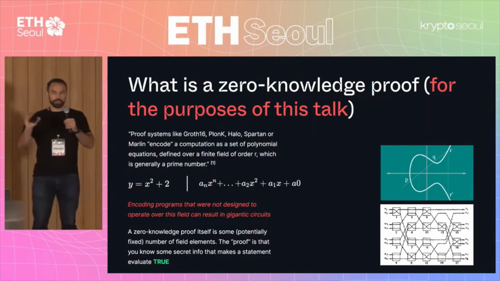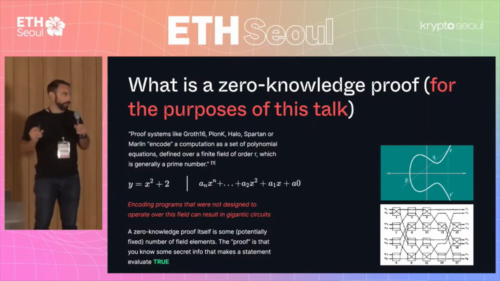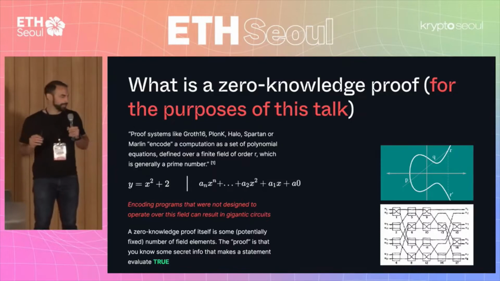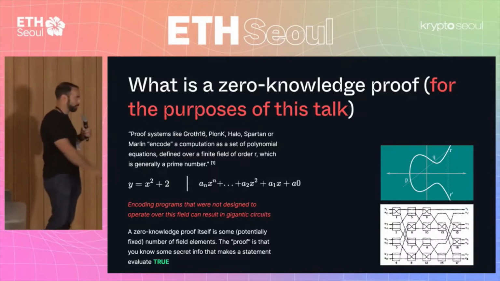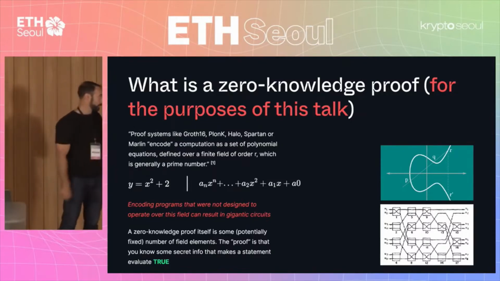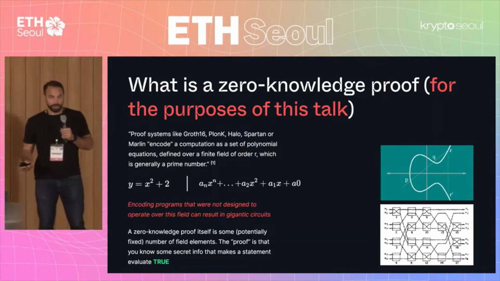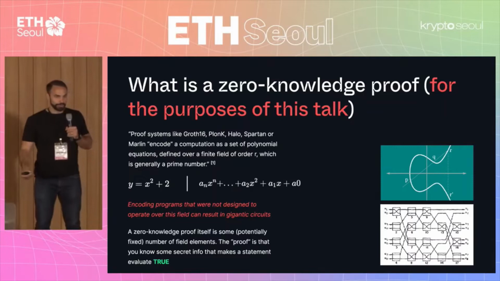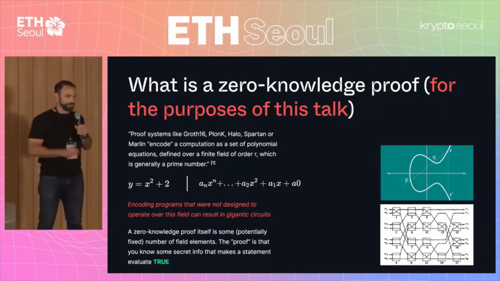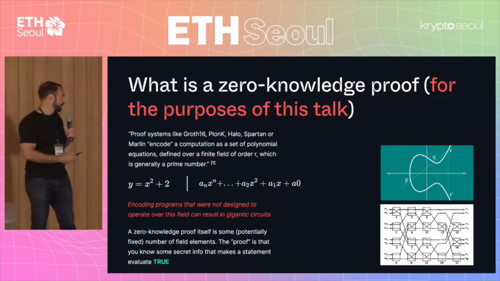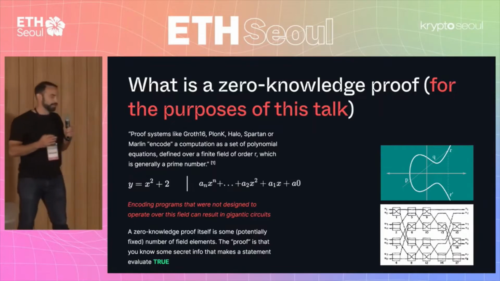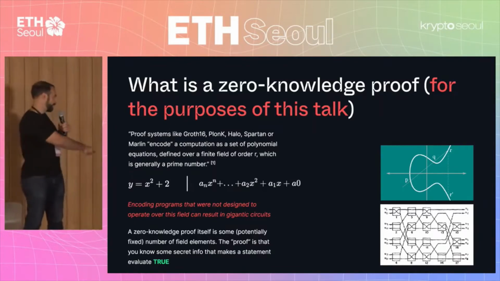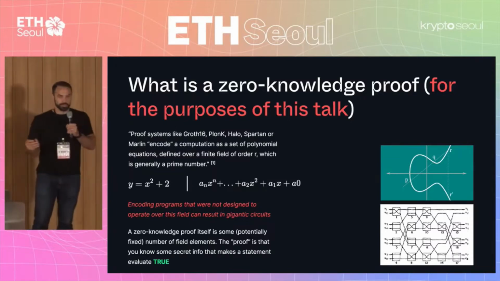Proofs, what is a zero-knowledge proof? Well, it's a field element, or some group element of a field, which is typically a cryptographic field like this elliptic curve that I've shown there. And what is a program in that model? Well, it's a circuit on the bottom, encoded as a polynomial defined over this field. So these are two very, very different things. And typically when you try to translate that into the world of a regular computer program, as Gautam points out, typically the blow-up is quite large.